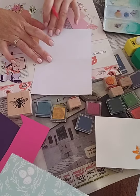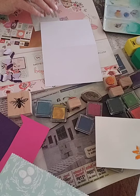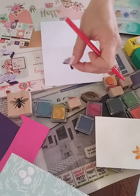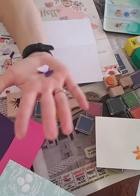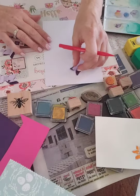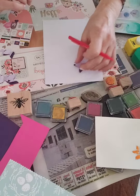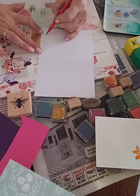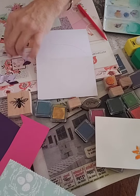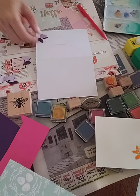All right, I am going to make a line of butterflies. And if you see, I cut some butterflies out with my butterfly punch. And I cut some out and I glued two colors together like that and made his little wings up like that. Now that might be a problem when you stick them in the envelope. So you might have to smush them back down and then fluff them up when you're done. So I'm just going to make a line like that, just so I have a visual what I'm going to do. And then I'm going to glue